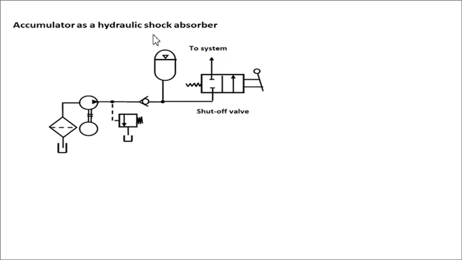Also, hydraulic accumulators can act like a shock absorber. Whenever there is an abrupt on-off operation of the valves, usually very high pressure waves are created in the hydraulic circuit. If this wave reaches this pump, then it may cause damage to this particular pump. So if you install a hydraulic accumulator and a check valve in this circuit, whatever shocks are caused by the abrupt opening and closing of the valves, that energy is absorbed by the accumulator, and it is provided back to the circuit whenever it is required.